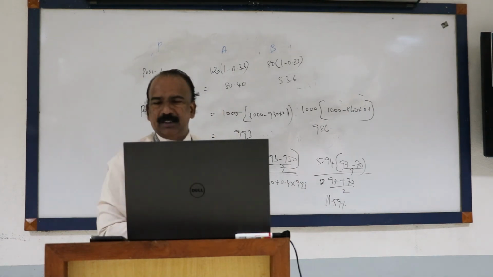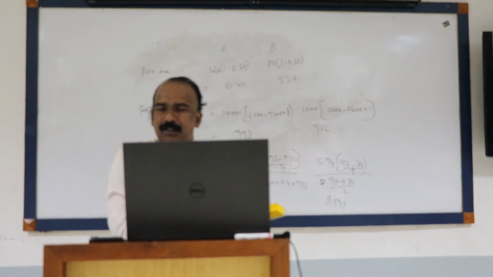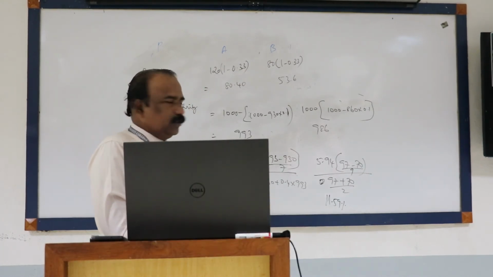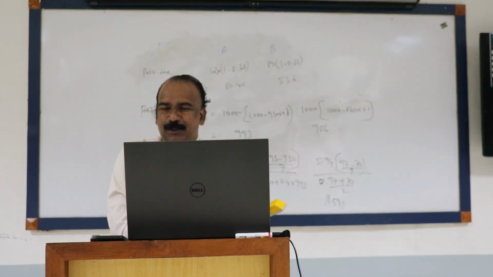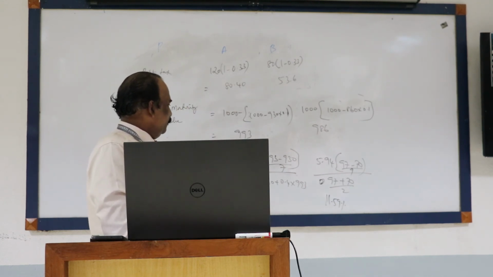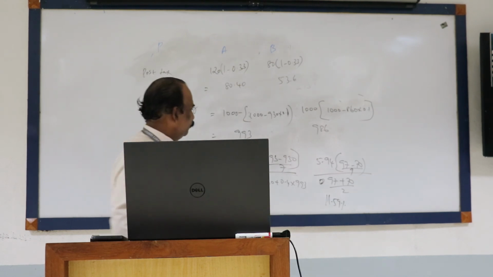When you use this equation, be a little more careful. In the previous one you just divide by 2. But here it is 0.6 into price plus 0.4 into maturity value. You should not interchange them, or you will get a very wrong answer. The safe way is to divide by 2. If you make a mistake in the denominator, things will change. So 0.6 into price is what's important.